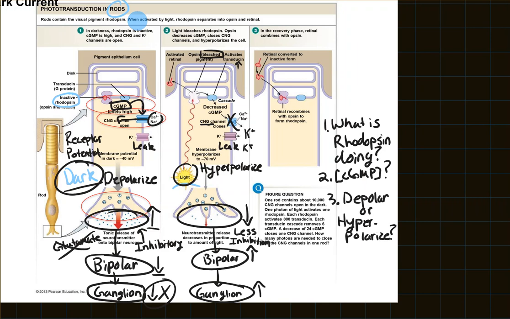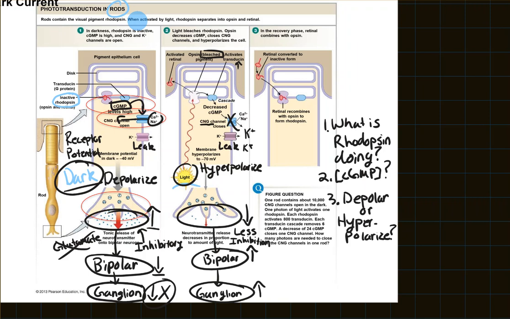So if you can go through dark current in these three steps: is rhodopsin active or inactive? If it's active, it will decrease cyclic GMP. If it decreases that, it will hyperpolarize and decrease the action potential. And the opposite: if rhodopsin is inactive, it will increase cyclic GMP, which depolarizes, which increases the action